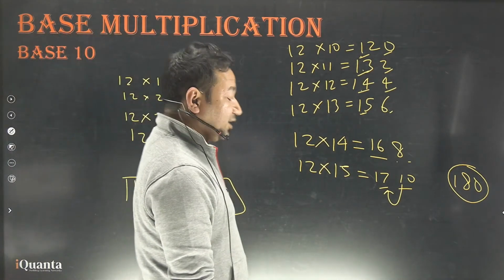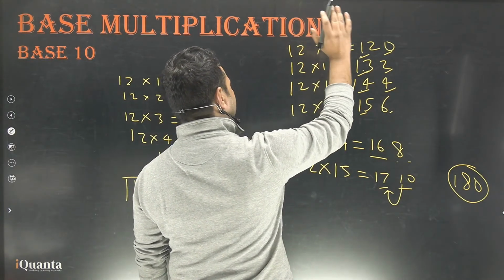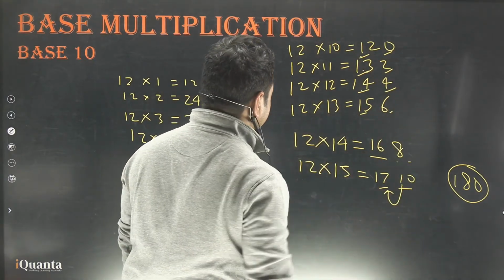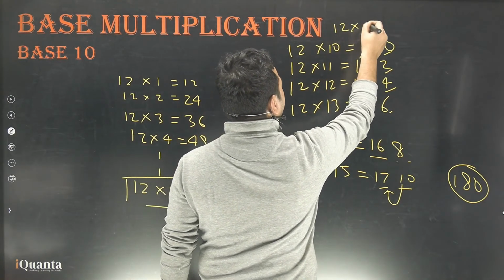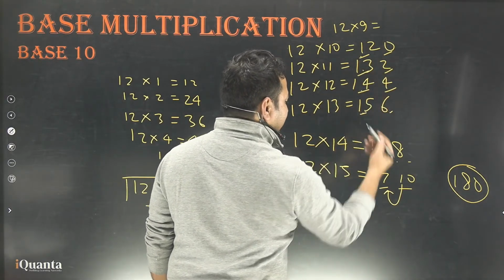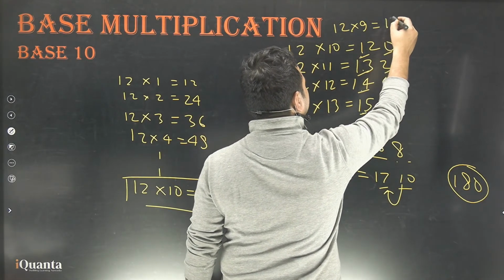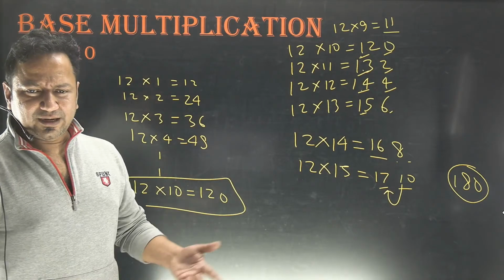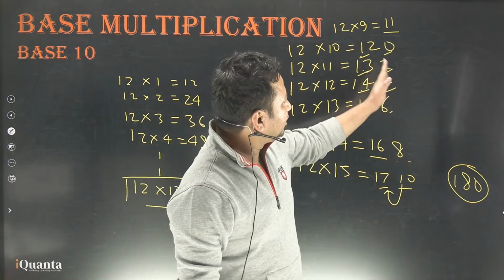Okay, now look at this. If I go back, the answer to the question comes. A lot of people are asking about one number being less than 10 and one greater than 10. I'll give the same logic. 12 into 10. Now it is 12 into 9, then what would have happened? It goes like 17, 16, 15, 14, 13, 12. Here it should be 11, yes or no? It should be 11, right? And then 8, 6, 4, 2, 0.